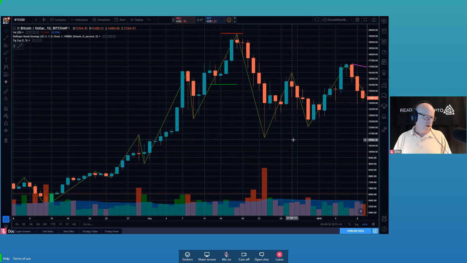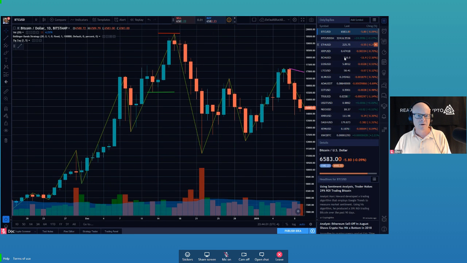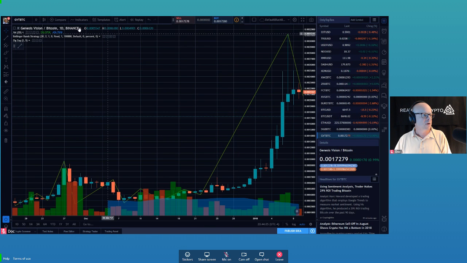Okay, so let's go to our last example here, which is a downtrend moving to an uptrend. And to do that, I'm going to go to a slightly different coin here. See if I can find the one here. And this is a fun little guy that we just found. Somebody brought this to my attention. If you guys don't mind, I'm going to get rid of the swing tool or the zigzag. Going to get rid of that guy.